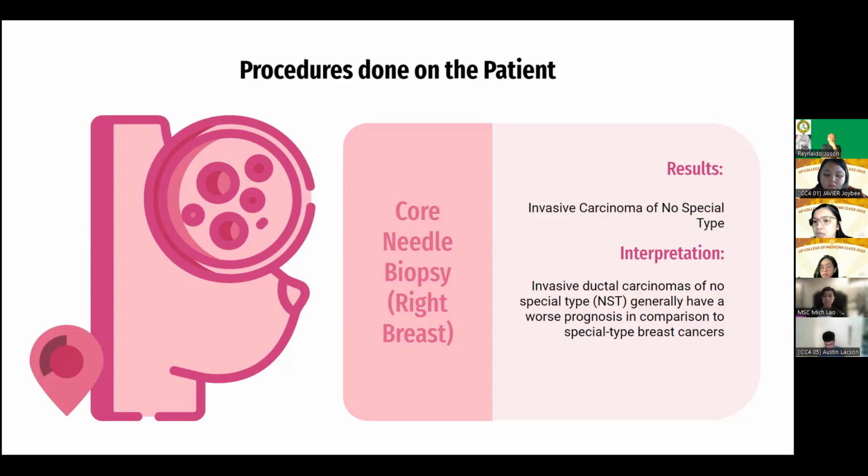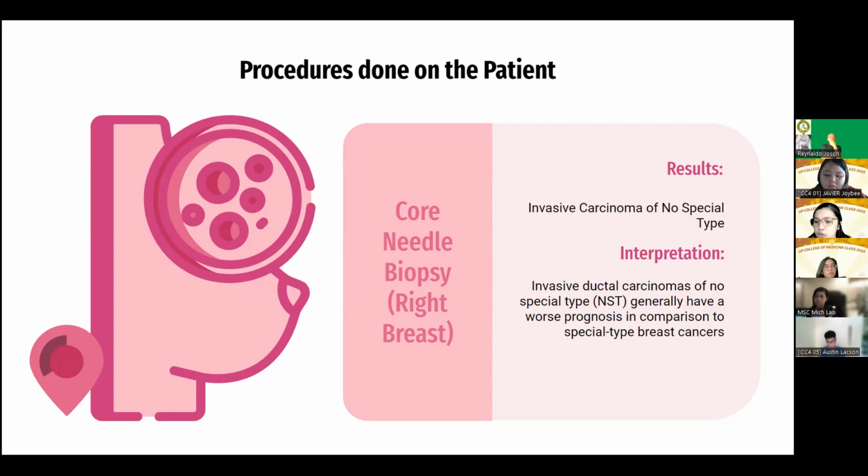Invasive ductal carcinomas of no special type generally have a worse prognosis in comparison to special type breast cancers. And this is because although it's the most common type of IDC, occurring in 40 to 75% of all invasive carcinomas,